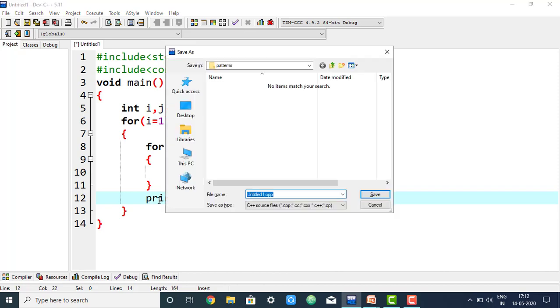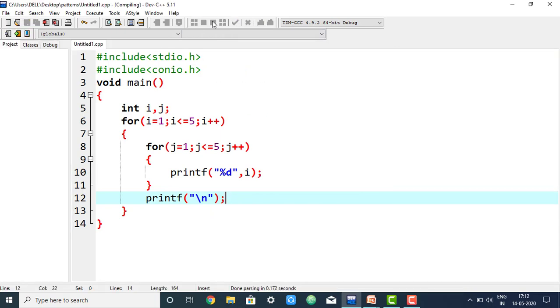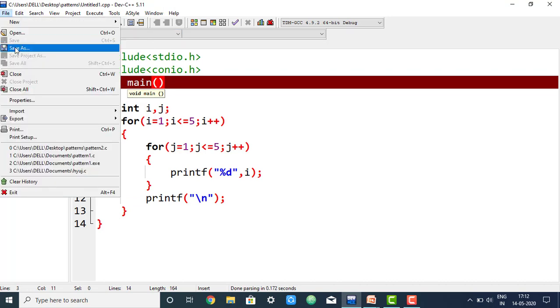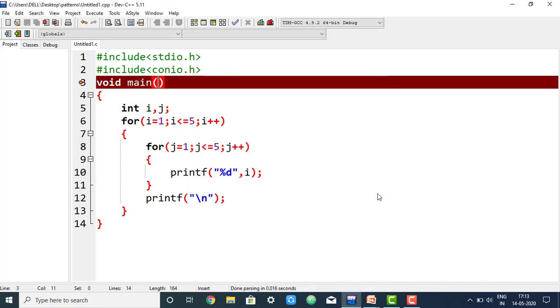So, sorry, there is a mistake. Here the extension should be C.